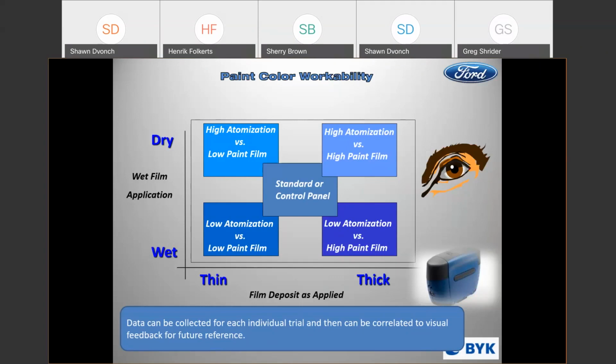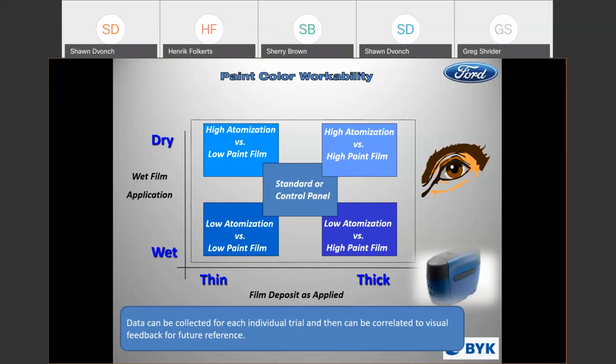But what we're able to do is establish our workability. If you look at this graph, we can start to build data around this center standard control panel